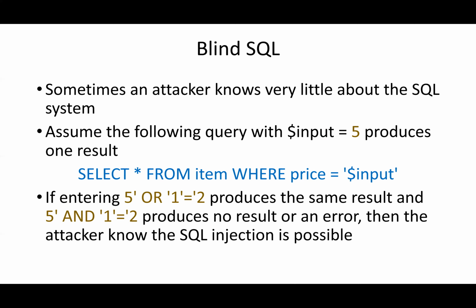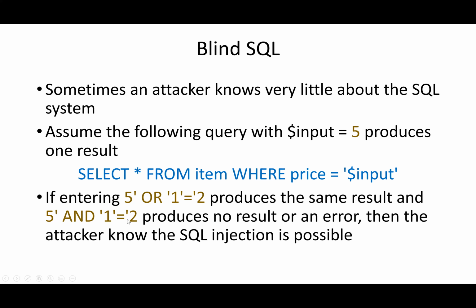And here's an easy way to do it. The simple version is we do, again, a simple little query, giving it a number. So we input the number 5 and it works just fine. Then we give it 5 and 1 equals 2. Of course, 1 equals 2 is false. So it's 5 and false. So the price equals 5 has to be true to get something. So if you get the same result, and then you can go and